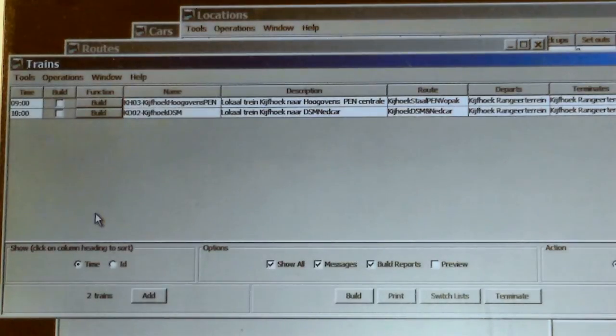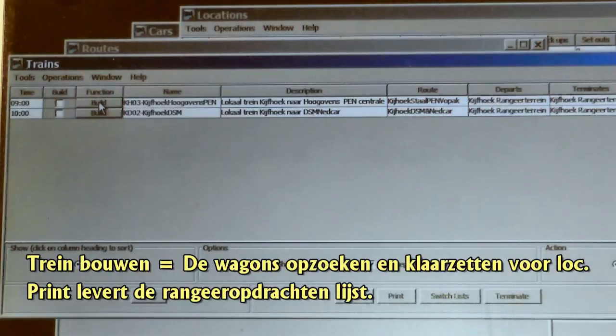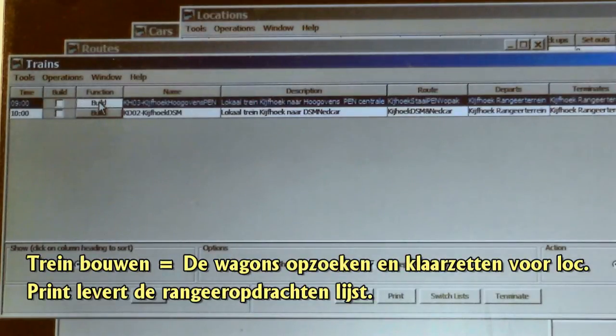From the car setup, the power plant has empty coal cars, so it will need some of the loaded coal cars coming from Kaifuk yard, where most of them are stored at the moment. So what we'll do is build the train at Kaifuk yard to go to the steelworks and the power plant. So we'll build it,